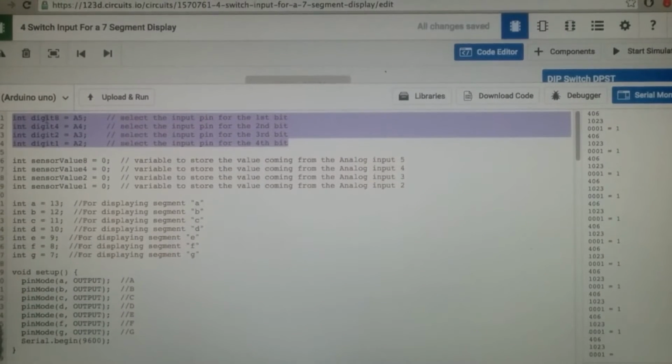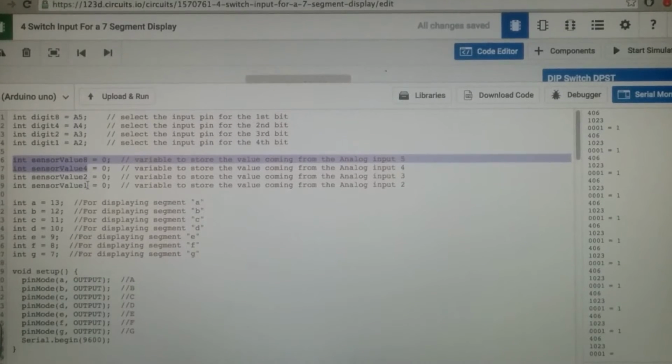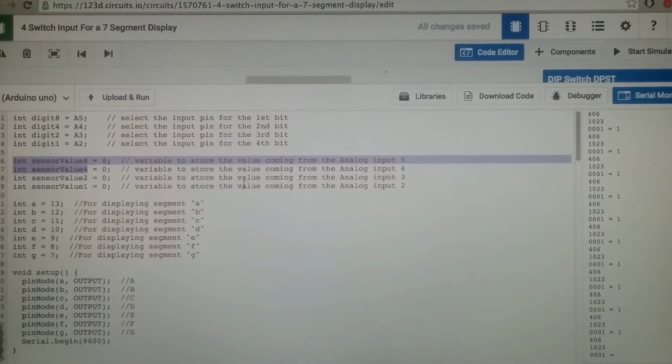First we define digit 8, 4, 2, and 1 to select the analog input for the different bits. Okay, for the first bit analog 5, for the second bit analog 4, for the third bit analog 3, and for the fourth bit analog 2. Then we need to create the variable sensor value 8, 4, 2, 1, the same, to store the value coming